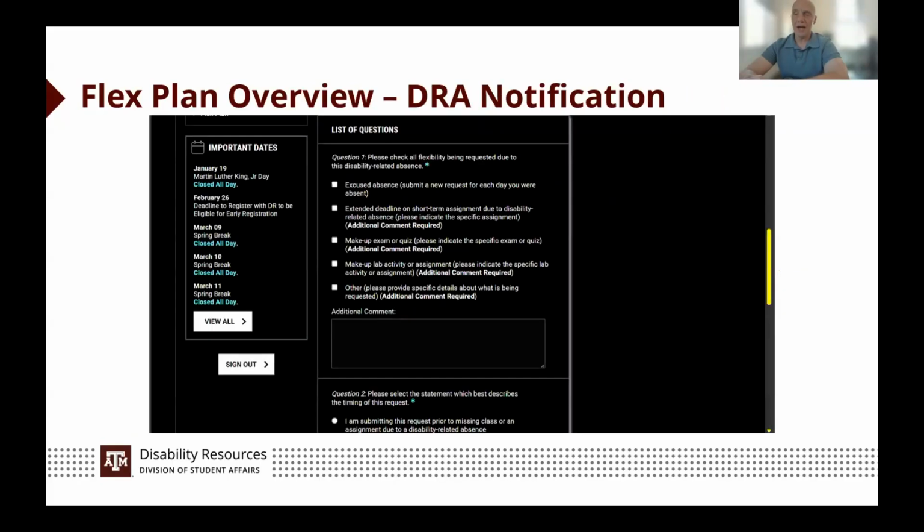This disability-related absence notification request, this is what the student will go through when they experience a disability-related absence. This is their communication to you. Really, it's kind of that doctor's note, right? What is the documentation you need to excuse the absence? The student is still expected to communicate directly with you to talk through any content that they missed, any makeups that they're working through, but this is that documentation piece that Student Rule 7 expects. Again, you get an email, we get an email, it's logged to the FlexPlan portal.